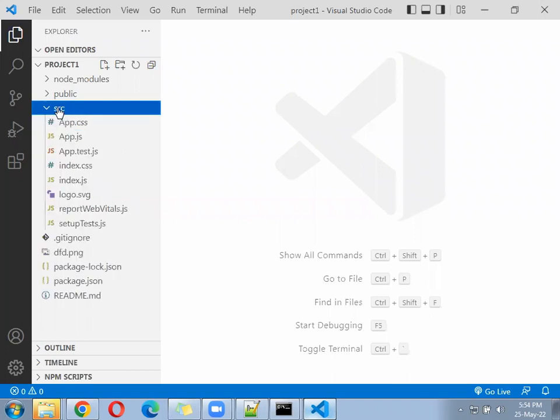Package.json file, if you ask what is the package.json file, it is going to hold the information about the packages. What are the packages installed in your application, which version, and what is the location where it is stored, all will be under the package.json file. So that is going to hold the information about your complete project, what are the libraries you are using. Okay. SRC folder, inside this folder, it is not necessary,